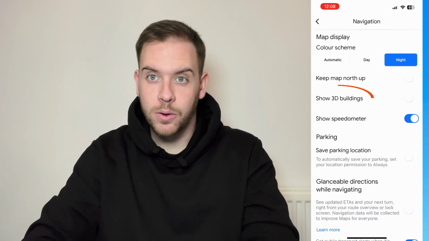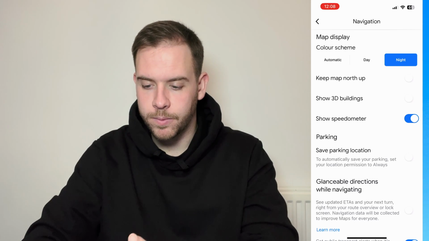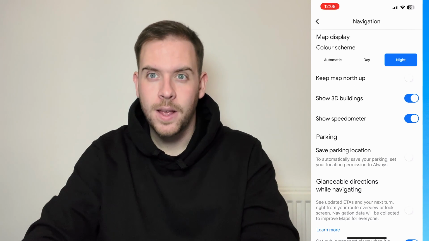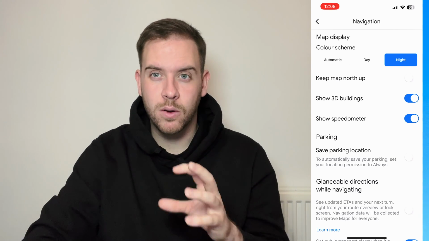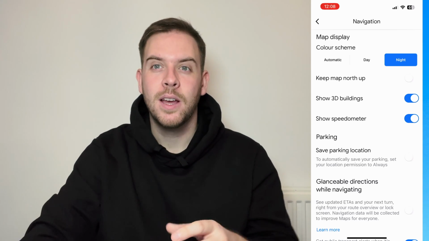The one that says show 3D building, it's currently turned off. It's currently toggled off, but what we want to do is toggle it on, and then while you're driving, if you have a route selected and you're following that route while driving past buildings, usually in cities, they will show you the 3D buildings that look a lot nicer on your